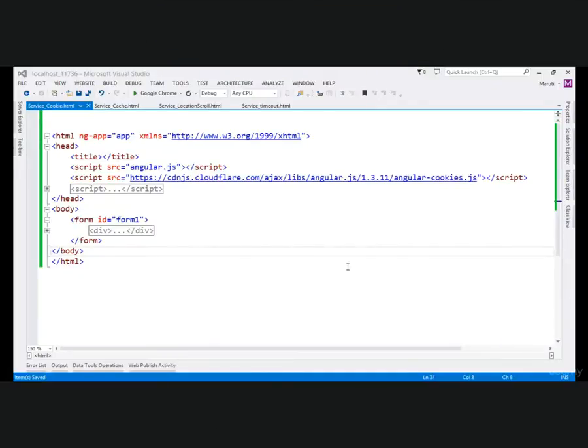As we all know, like caching, cookie is also one of the client-side storage. In this video, we are going to see $cookie service of AngularJS, which is allowing us to store something at client-side in the form of cookie. Let me tell you one difference in the beginning, that like caching, cookie is also client-side, but